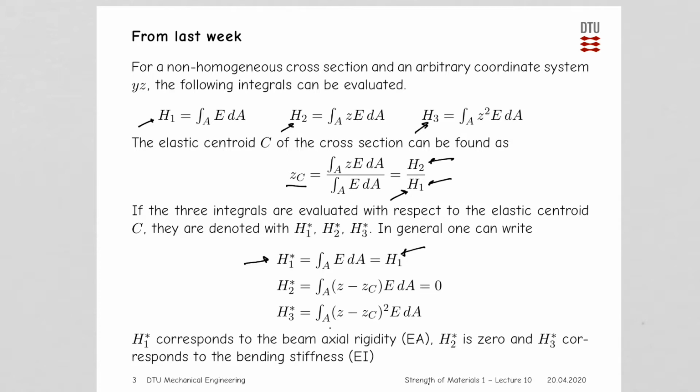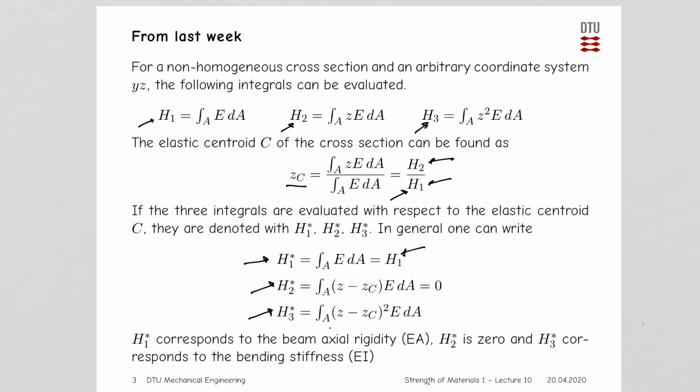With our new coordinate system and our known location of the centroid, H2 star is defined to be 0. So no need to compute H2 star. We can use it to check the value of ZC: having computed ZC, we could insert it into this formula and check that the integral indeed vanishes. The final step is then to compute the integral H3 star,